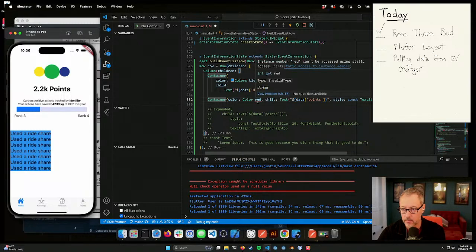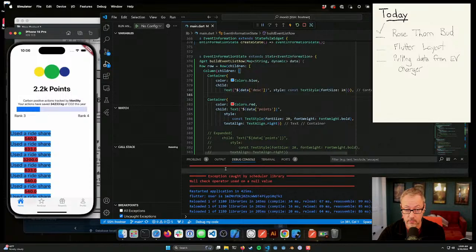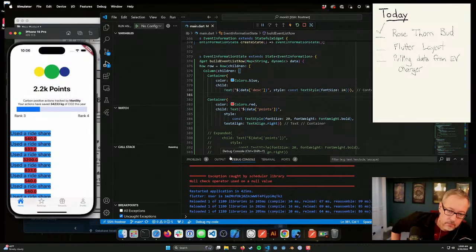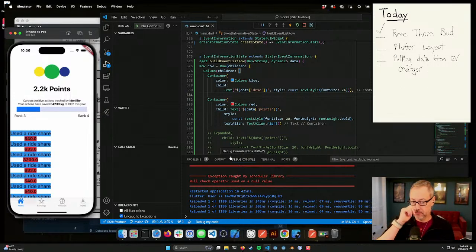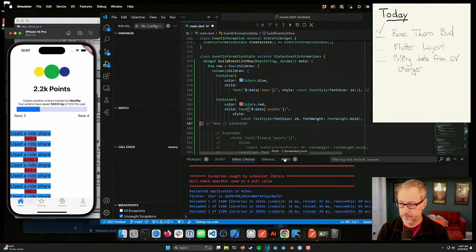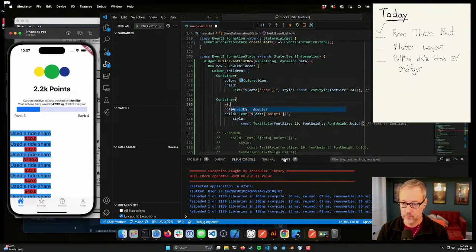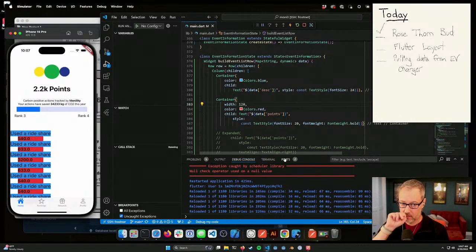What's wrong with red? Colors. Okay, I'm going to take this text align out. This we'll deal with later. Okay. Now,